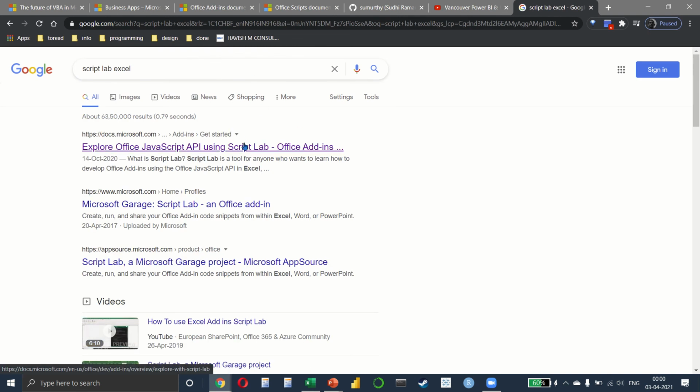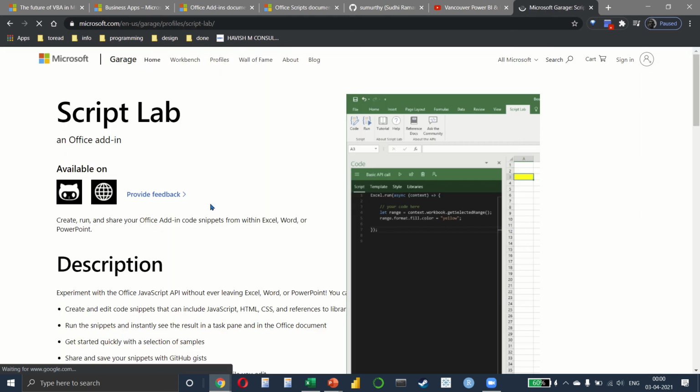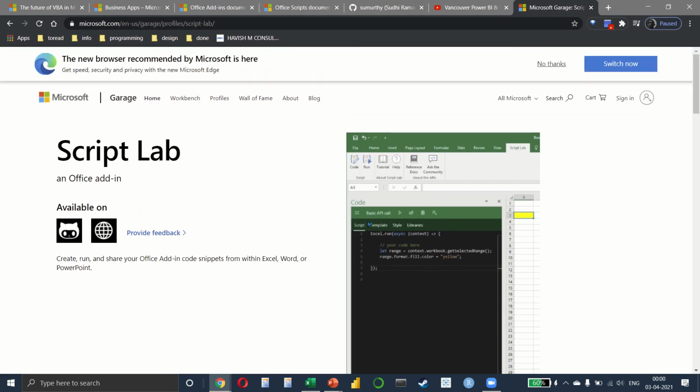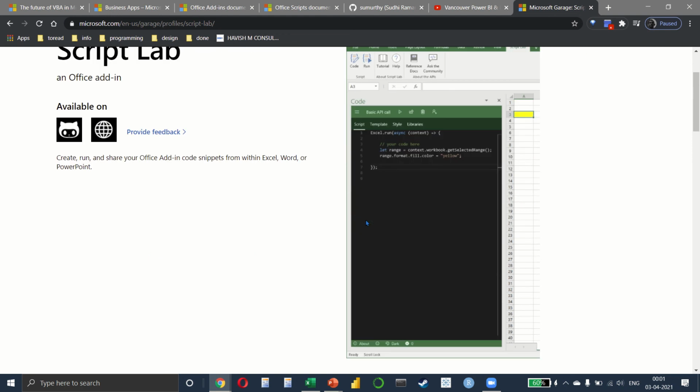So you notice that the script lab is an Office add-in that allows you to try snippets and also write your own code and test it in a safe environment. We will spend a little bit of time on it and we will do this in the next lecture.